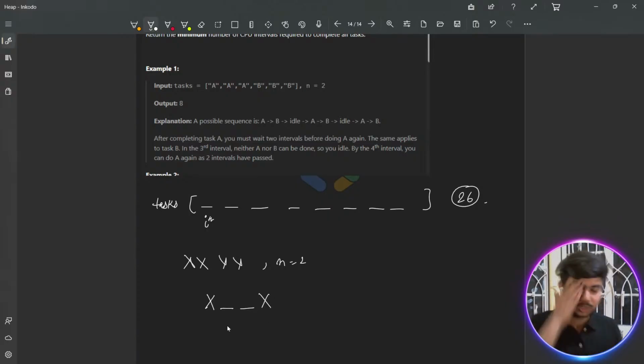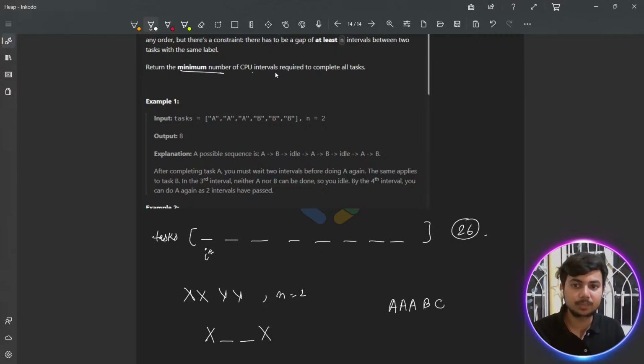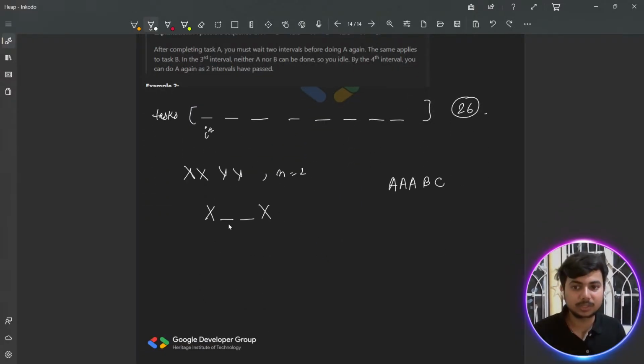Okay. So see, अभी तुम अगर ऐसे देखोगे तो you are already creating a greedy approach कि हम क्या करते हैं, जो भी मोस्ट फ्रीक्वेंट एलिमेंट है, दैट इज व्हाट विल डू, राइट? अगर मान ले हमारे पास ए है, बी है, सी है, ठीक है, तो वी नीड टू रिटर्न दी मिनिमम नंबर ऑफ सीपीयू इंटरवल्स रिक्वायर्ड टू कंप्लीट द टास्क, ठीक है, कि मतलब कितना ब्लैंक्स ऐसा लगेगा ताकि मेरा टास्क कंप्लीट हो जाए, एंड एट वन पर्टिकुलर इंस्टेंस द सीपीयू विल एग्जीक्यूट ओनली वन सिंगल टास्क, ठीक है। तो ओके, यहाँ पे क्या होगा, दिस इज क्वाइट ऑब्वियस दैट ए को सबसे ज्यादा टाइम लगेगा। अगर एन हमारे पास 2 दिया हुआ है तो बी और सी को तो कहीं भी फिट कर लेंगे, बट ए को टाइम लगेगा ऐसा कि ए ए एंड देन यू कैन फिक्स बी एंड सी, ठीक है, बी एंड सी एनीवेयर, ठीक है, बट ए तो एक चीज तो बहुत क्लियर हुआ कि वी नीड टू वर्क विथ